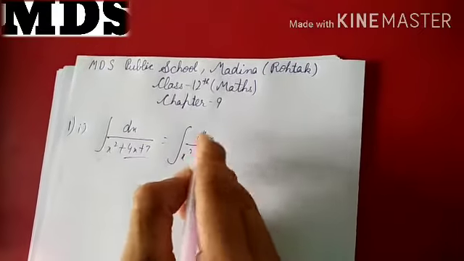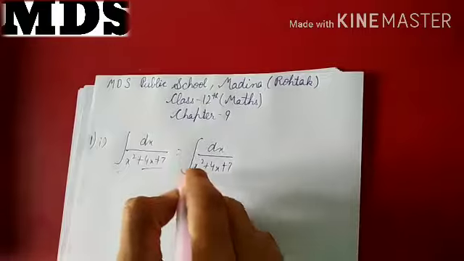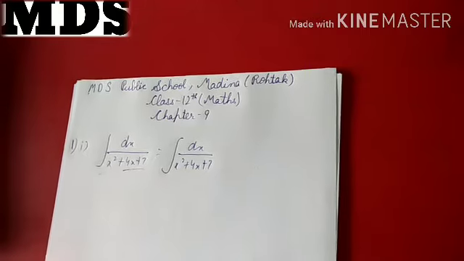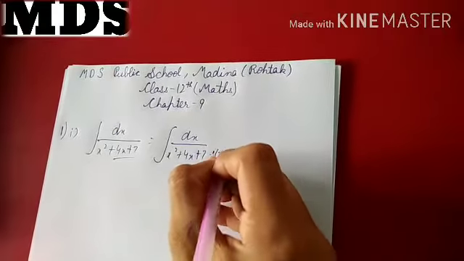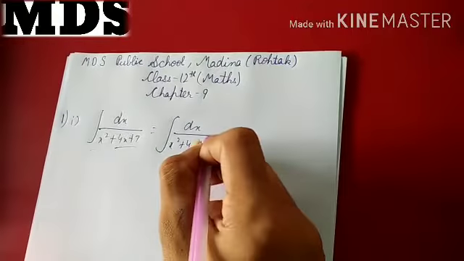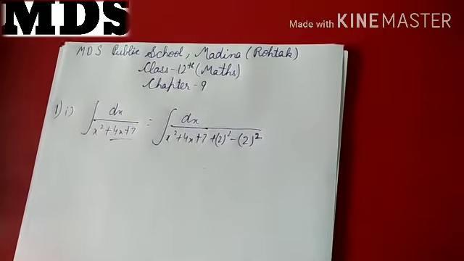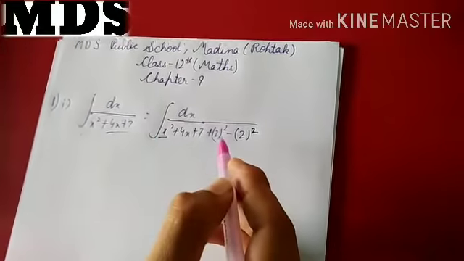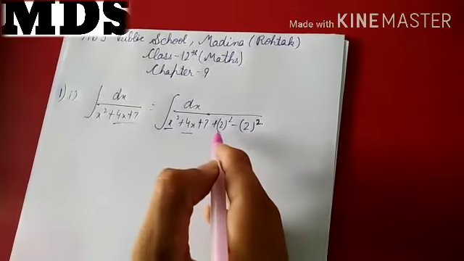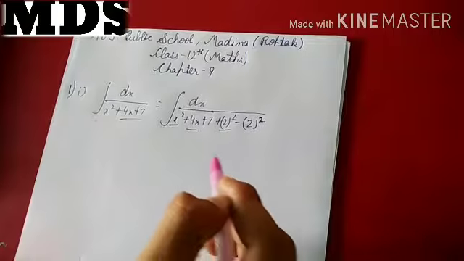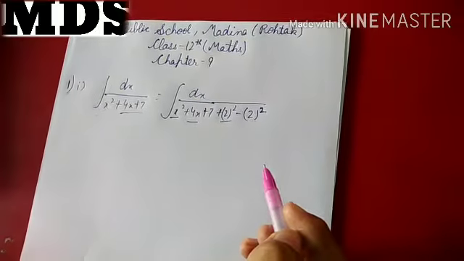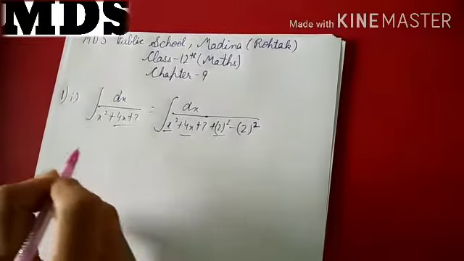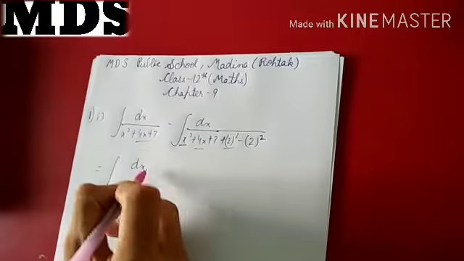Okay, so that means what? It was given to us. What is the half of coefficient of x? It is 2. So square of 2 will be added as well as subtracted. Okay, so now x square plus 4x plus square of 2 makes a complete square. So we'll sum up them.